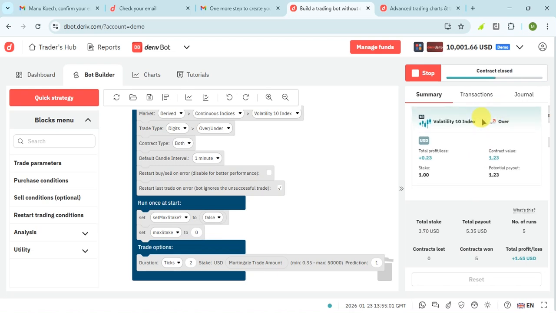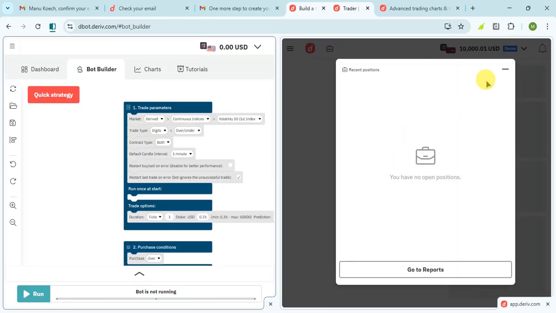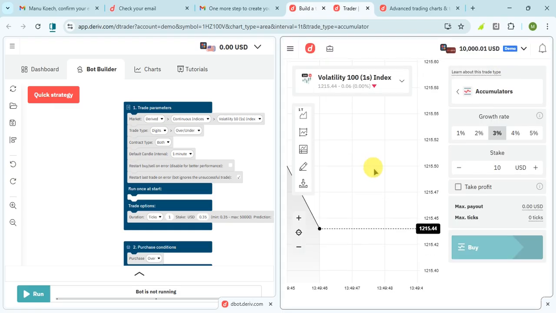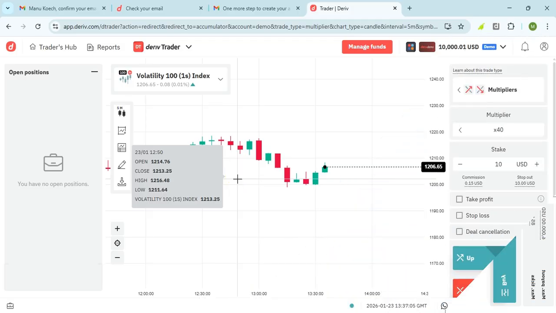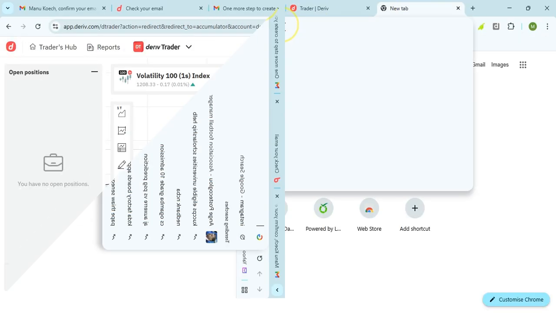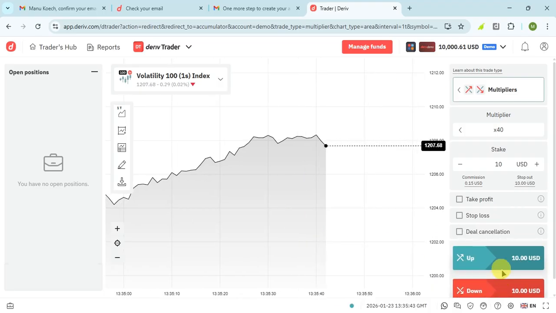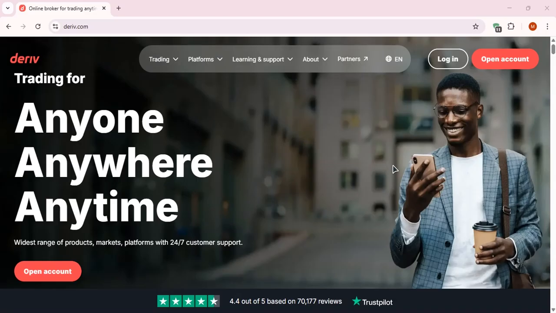Most of the time when you are trading on this market, you might end up making a lot of profit. You can see a market here, and you will have a bot on the other side. So if I need a TradingView chart, I need to open a new tab, and I can hold that trade as long as I want. So if, for example, I place a trade,